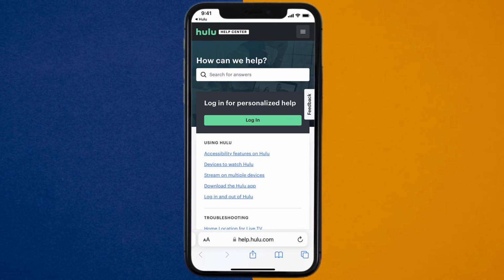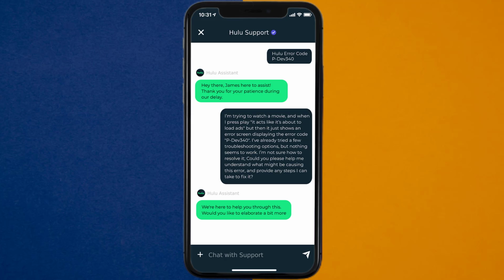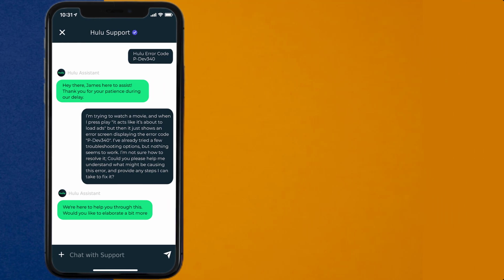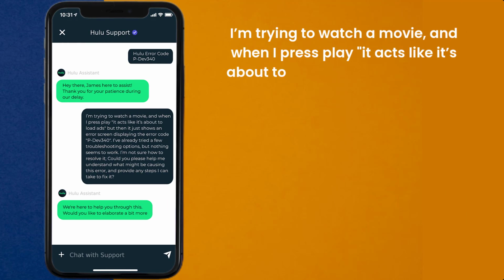Over here, look for the live chat option to contact Hulu customer support officials. Once connected, briefly explain the issue to the Hulu app representative. You can type something along the lines of, "Hello team, I'm trying to watch a movie, and when I press play, it acts like it's about to load ads. But then it just shows an error screen displaying the error code